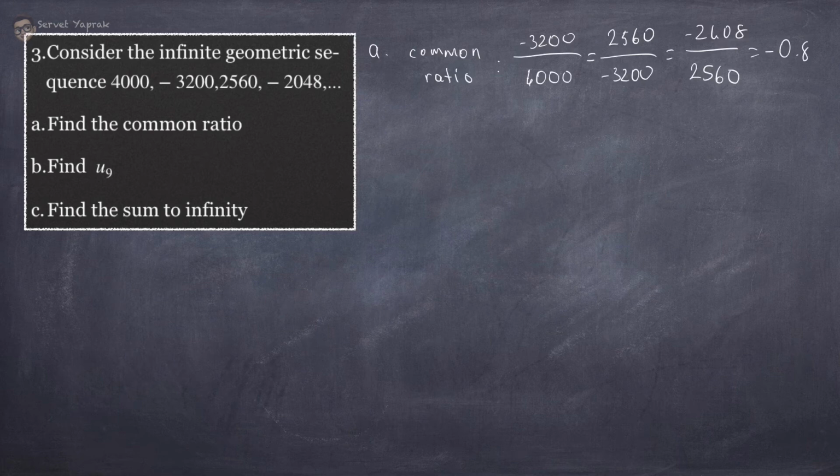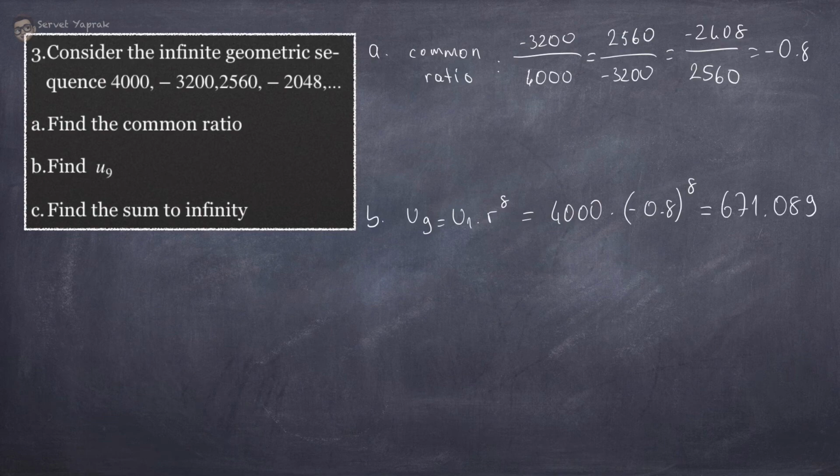We could see that common ratio is a negative number because terms are alternating, positive and negative. So that's how we know it alternates. Part B asks u9. We need to use general term, nth term formula for geometric sequences. So u9 equals u1 times r to the power of 8. If we substitute 4000 times negative 0.8 to the power of 8, and our result is this, 671.089,